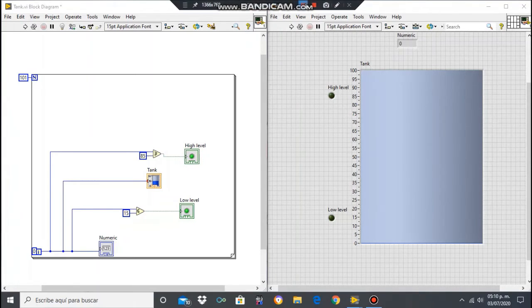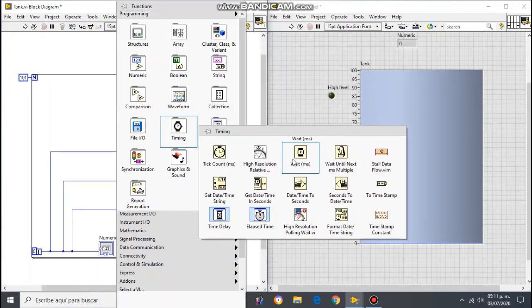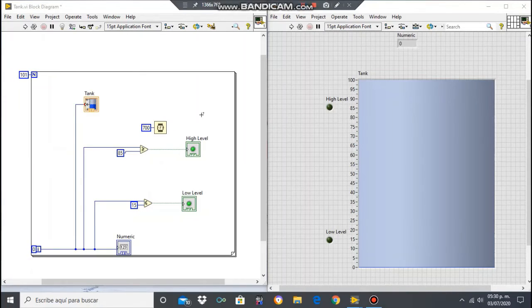Well, now we are going to add a time in milliseconds here to set the velocity at which the tank will fill. In this case, I will put maybe 700 milliseconds. Well, now I change this, I move things in the block diagram and also here,